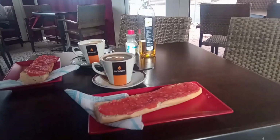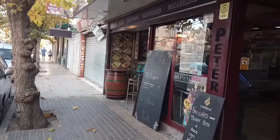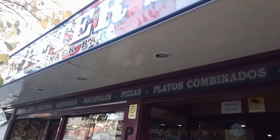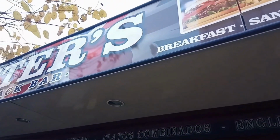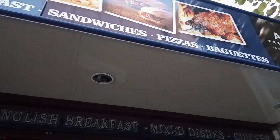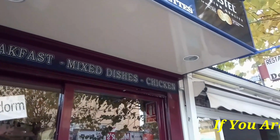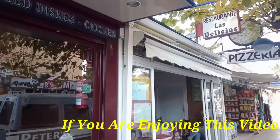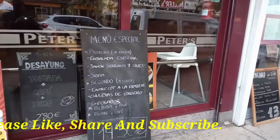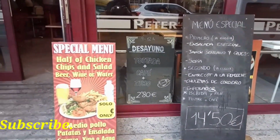Located right in the middle of the new town on Calle Lepanto, we find our sixth tostada stop at Peter's Snack Bar. In busier times, this is a firm favourite with partygoers in the early hours of the morning after leaving the square, and as I hadn't been in here for many years myself, I decided to give it a go for breakfast. Offering a range of takeaway items such as pizzas and spit roast chickens, as well as full menus of